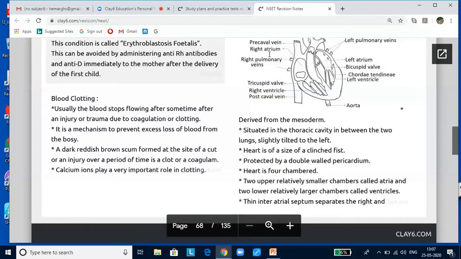It transports hormones from the endocrine glands to the target organs. It transports water and other chemical substances all over the body. It transports oxygen to different cells and tissues of the body from the lungs. The blood vascular system consists of three components: heart, blood vessels, and blood. Now let us look at the blood vessels.